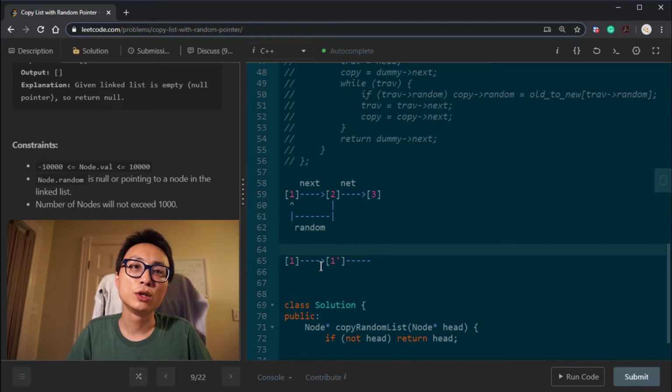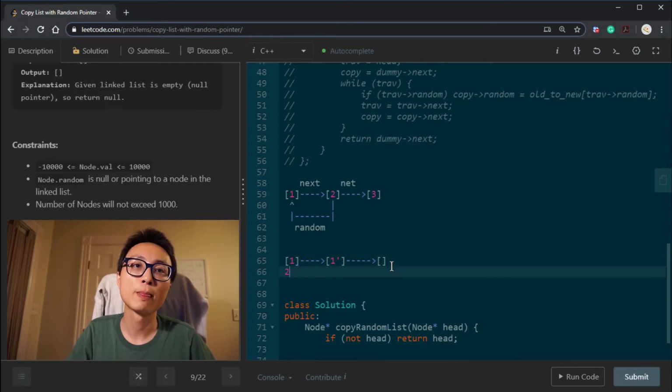We can very easily insert this when we're iterating over the original linked list. For every node, we just create a copy of that node immediately after it. So we need to basically insert that between the original node and its next. So in the first pass, we can do this.